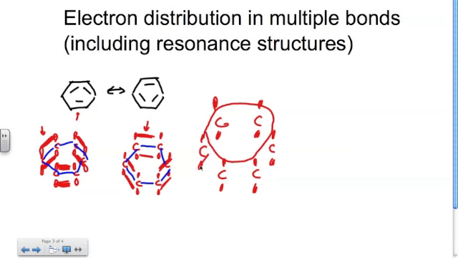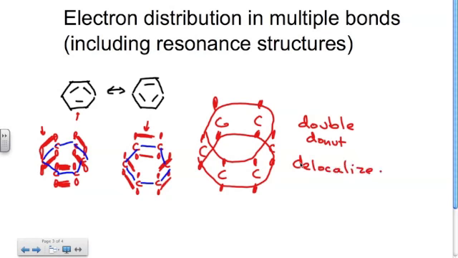And it happens all the way around on the bottom too. So what we really have going on is like a double donut, a parallel double donut. I like it. A double donut because these electrons become delocalized. They're really hanging out with all of the atoms instead of just staying in one pi bond between two specific atoms. If we were to re-talk about